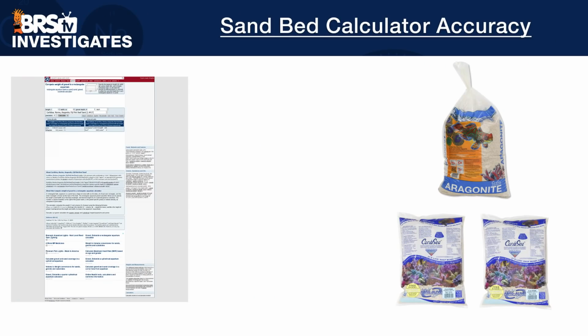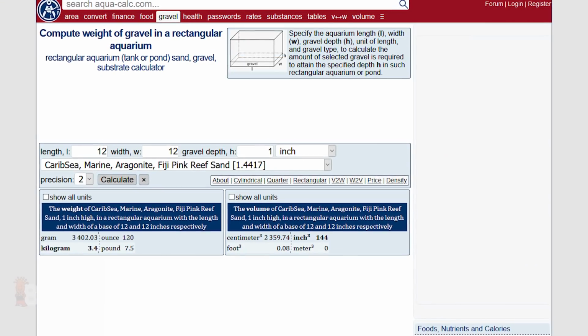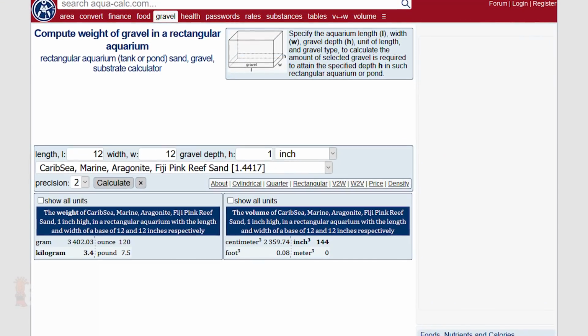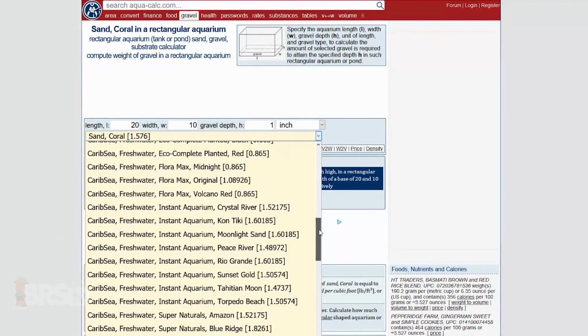The calculator is accurate enough to the number of pounds of sand, but I'd say it lacks a bit in accounting for what's actually in the bag. So at best, if I were calculating wet sand for my own tank, I'd increase the calculator's recommendation by 20% to be safe. After finding this online calculator from aquacalc.com that takes the guesswork out of how much the sand weighs by including the most popular options in there, I wouldn't hesitate to use this calculator or one like it when planning out my next sand bed,